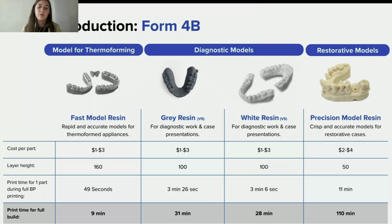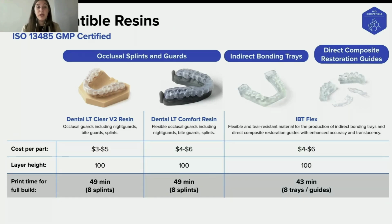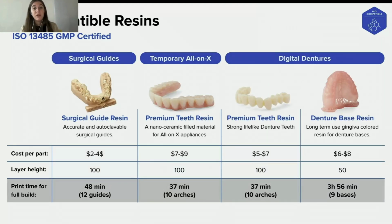But if we look at restorative models, for instance, that we're printing now at 50 micron layer height setting, we can see that we can print a full build platform in 110 minutes. And that is actually a significant improvement from the Form 3B or even Form 2. When we look at biocompatible resins, now we can see that we can print occlusal splints and guards, a full build platform with 8 splints in 49 minutes, or direct mounting trays or guides for direct composite restorations in 43 minutes. And if we look, for example, at surgical guides, 12 guides can be printed in 48 minutes,